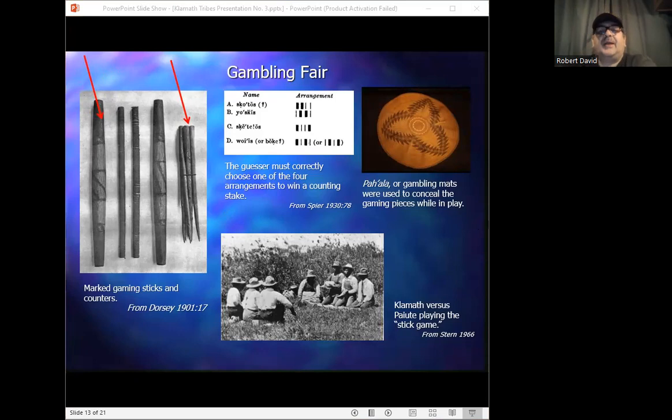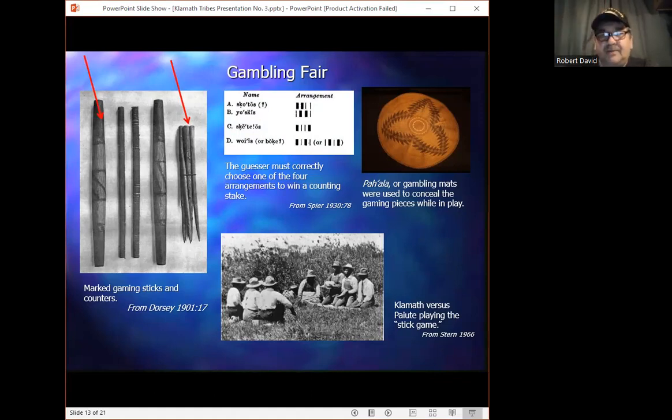To play the game, the players alternately took turns either moving the gaming pieces into particular arrangements under the concealment of the pa'ala or guessing their arrangement. Both sides either won a stake or lost a stake, depending on whether the guesser correctly guessed the arrangement. And as you can see in the slide up here, the gaming pieces offered only so many possible arrangements, and each arrangement came with a particular term.